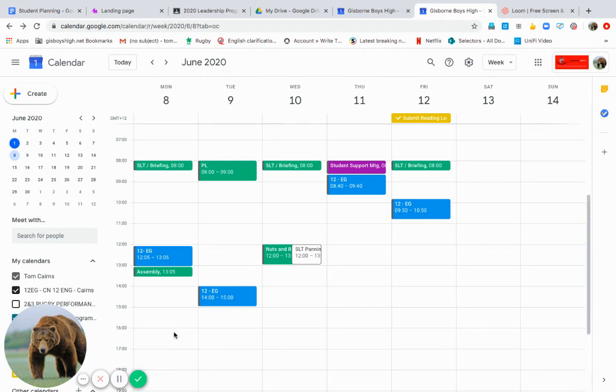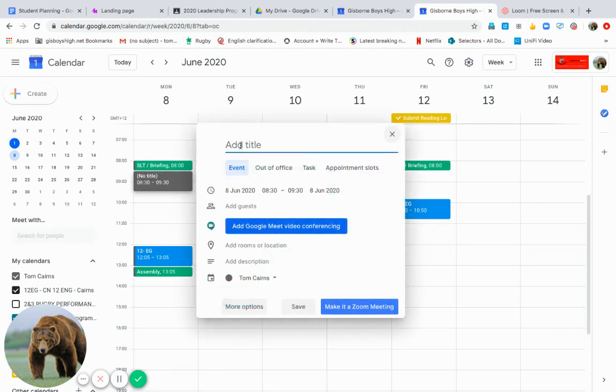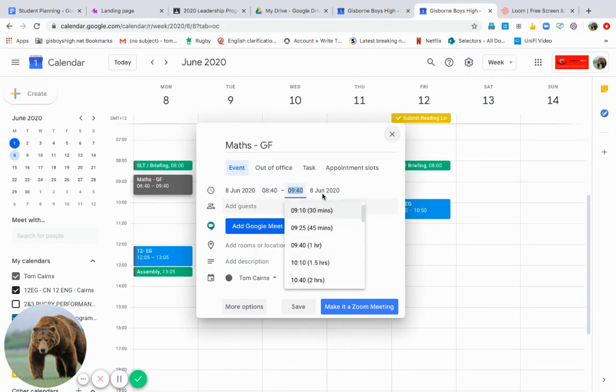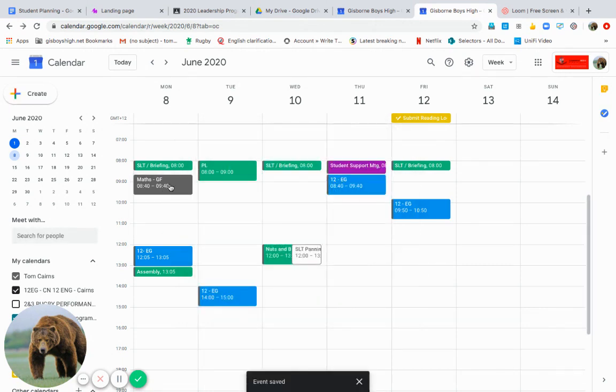Step 2 is setting up your timetable on the Google Calendar. It's pretty simple. What you need to do is click the time setting. And let's just say period 1, I've got maths, Mr. Griffiths. That's an event. What I've got to do is adjust the times. So period 1 on Monday goes from 8:40. If I just click on that second time, it'll automatically tick over to 9:40. I'm going to save that, and you'll see that that box is now saved on my timetable, 8:40 to 9:40,